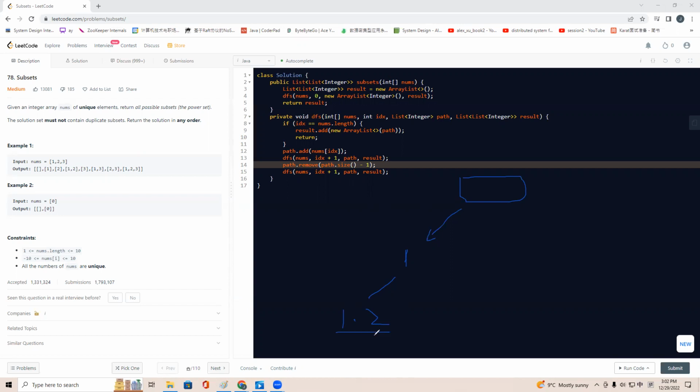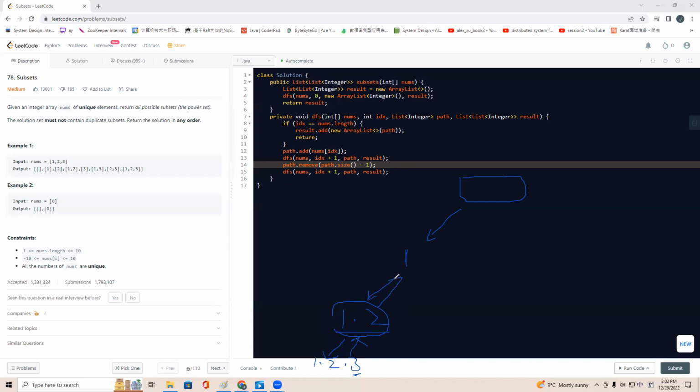Under the condition we put 1 and 2, we can put 1, 2, 3 into the set, and then we have the scenario that we do not select 3, so it goes back to 1, 2, and